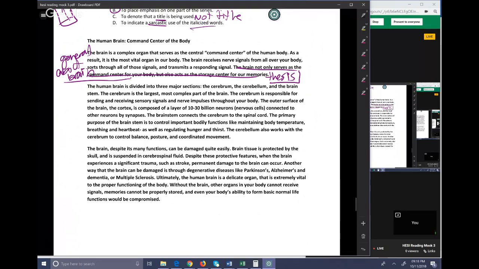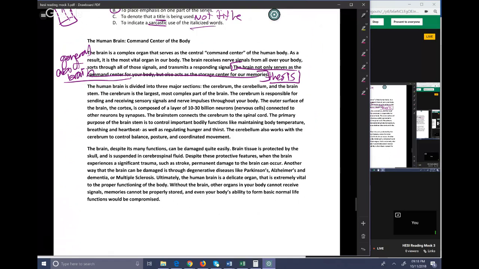Every article has one. You don't need to go out of your way to find a thesis unless they ask you for a thesis. It's normally the best process to just read the whole intro and think, what do I personally, as the reader, think I'm going to see in the next few paragraphs, and form your main idea that way. If they ask you for a thesis, it's often the very last sentence of the intro, but again, you can't count on that. So you want to pick out, where do they actually give the main idea? This is where they actually give the main idea in this case.